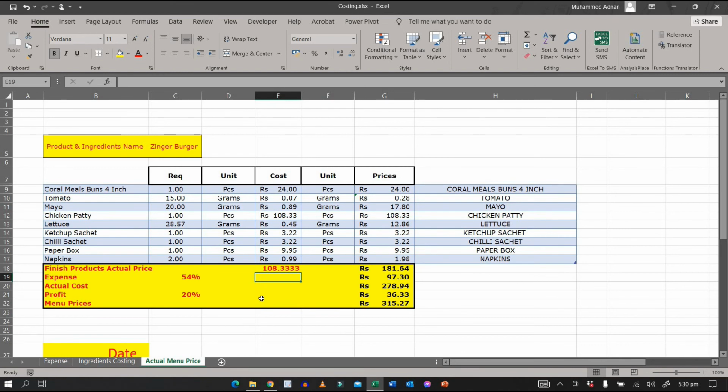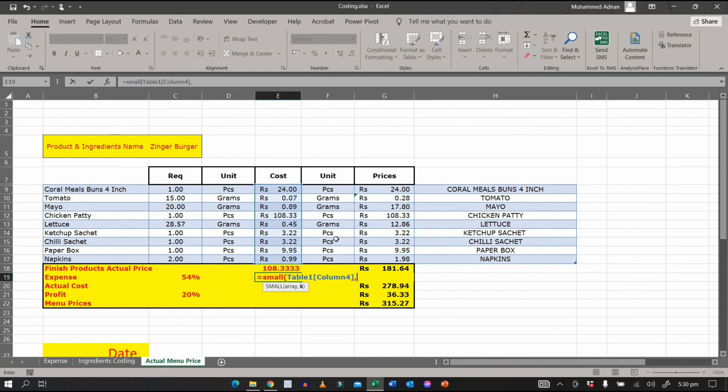Same as that, if you need to know the lowest value of the product, what you need to do is type equal to SMALL, then once again open bracket and then select the range where you need to check the smallest value, then comma.